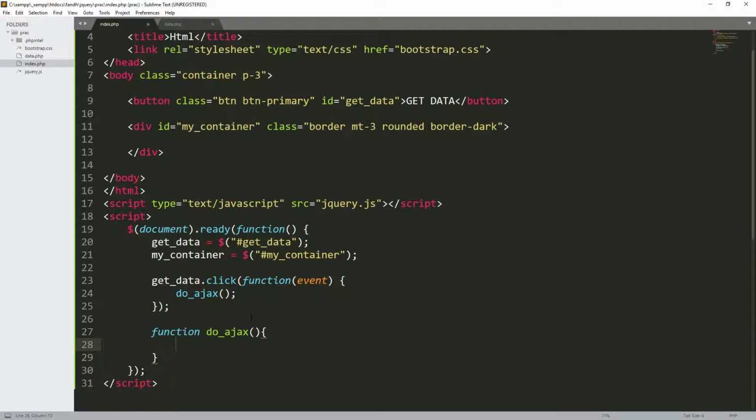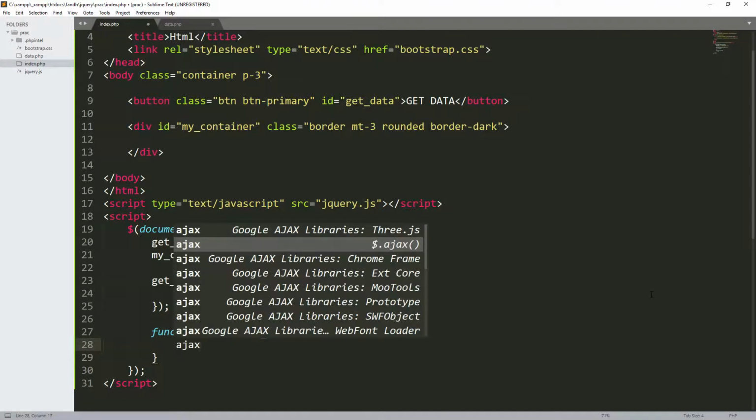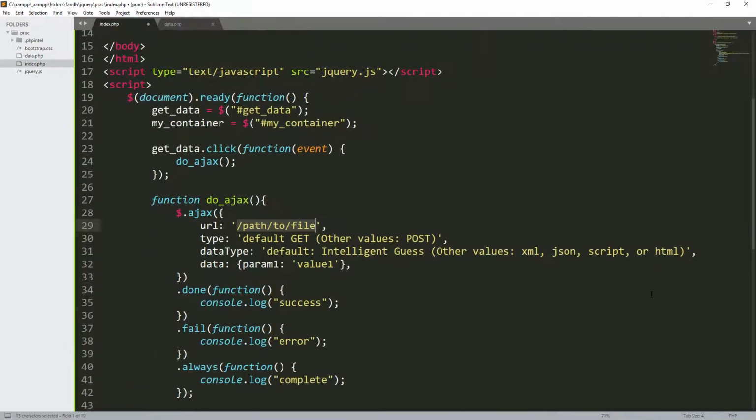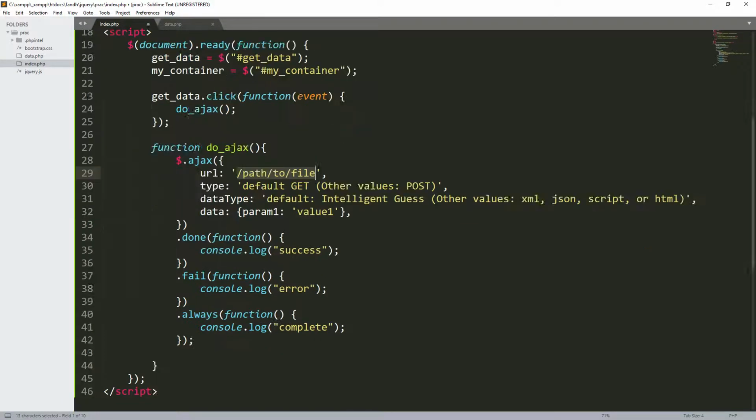I should get the data from an external file, from an external link, an external source. So to do that, I'll need to make what? I'll need to make ajax. You understand? So to do ajax, if you have the jQuery package, you just write ajax like this and then press enter. Then it will write all the logic for you.